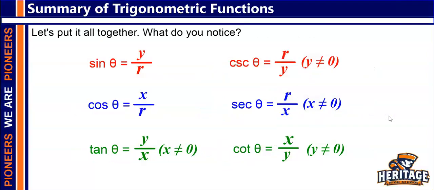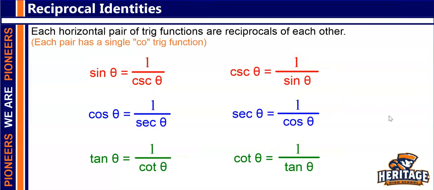If we were to put it all together though, what do you notice? There should be a special relationship you should see between the trig functions. The hint is the color coding. And there it is. Each horizontal pair of trig functions are reciprocals of each other, so the reciprocal identities, where